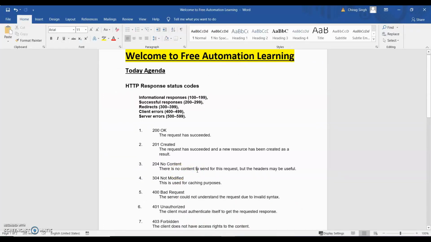Now these are redirects. Redirects come between 300 to 399. The important one is 304 not modified. This is used for caching purposes. It means when we have a response given by the server and that response has not been modified, for a quick response and to save time, we will get 304.